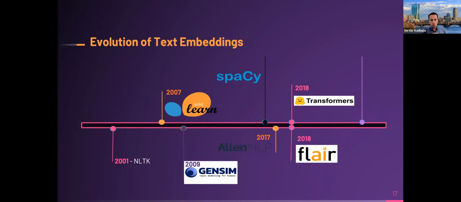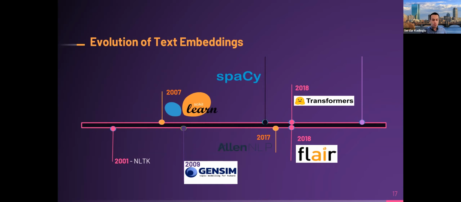We need to work with different tools, build a custom layer on top to experiment with the best text embedding method of our choice. And under the hood, these libraries have different input-output specs. Some work with a NumPy array, some work with a sparse matrix, some work with a PyTorch tensor, list of floats, and so on. And this is work that everyone has to do from scratch, and it is detrimental to reproducibility